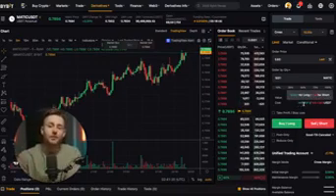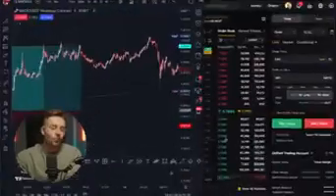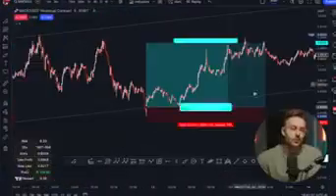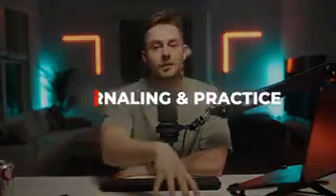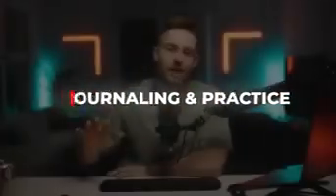Okay, but leverage is going to allow you to take really normal size trades, and it's really no more risky so long as you're still calculating your positions to risk a certain amount of money. All right, but you shouldn't even be using an exchange or leverage until you complete lesson 5, which is what we're going to talk about next, which is going to be journaling, practicing your trades so that we're able to scale our accounts.